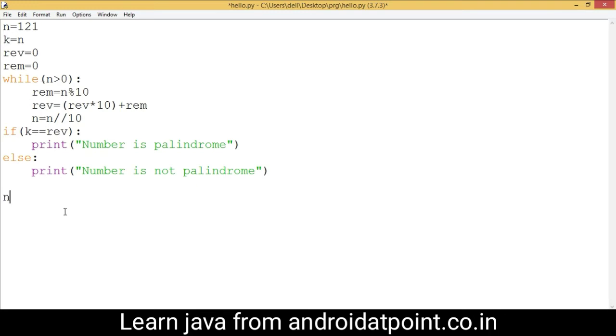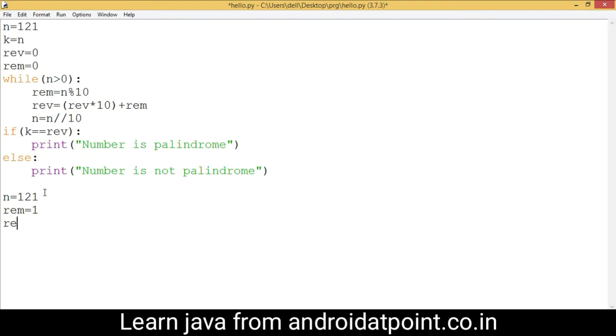First of all, the value of n is 121, which means the condition is true, because 121 is greater than 0. Now n modulo 10 returns the remainder, and the remainder is 1, and look here, the value of rev equals 0, so 0 multiplied by 10 returns 0 plus the value of ram, 0 plus 1, is assigned into the rev variable.